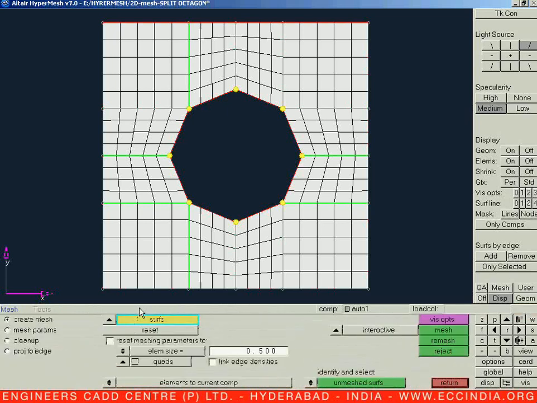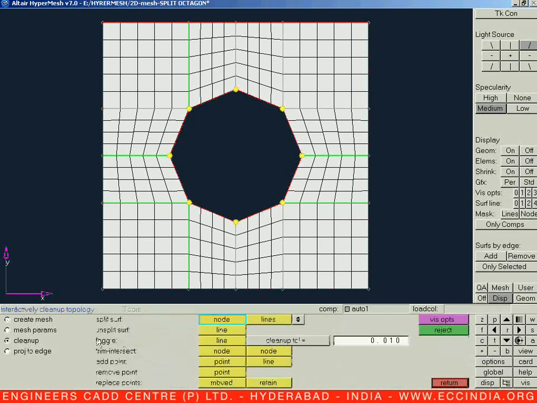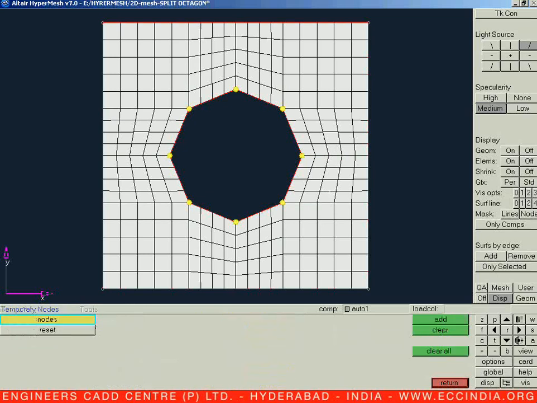So let us unsplit our surface, which we split for the handling adjustment. So let us say clean up and let us say unsplit the surface. Click on the green lines again. It will join your surface again. So let us click it and let us say unsplit. Select those lines whatever we had split manually. Now let us say Shift F2 and let us say clear all. We do not need the temporary nodes also.